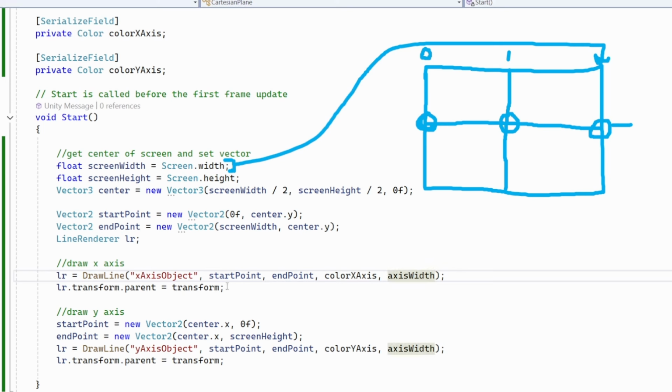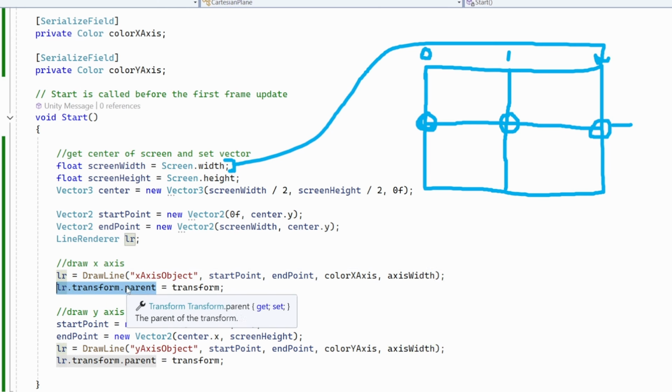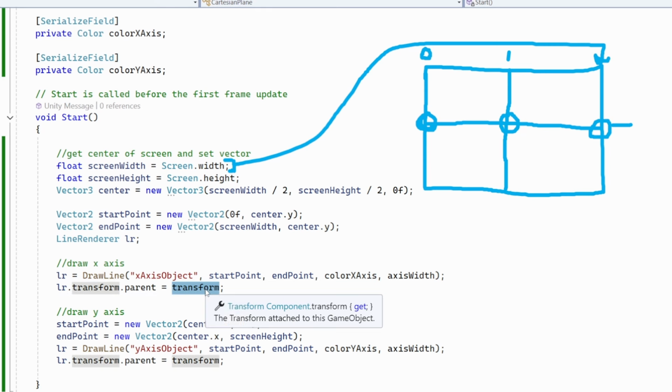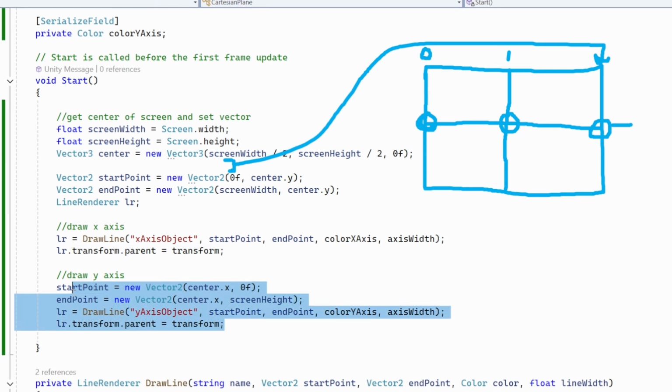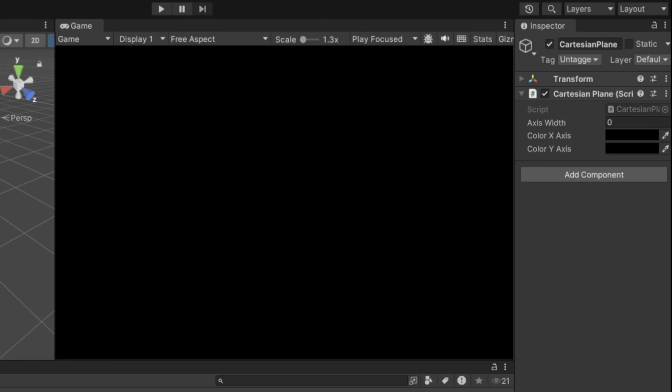And then we're going to set the line renderer that was passed back transform.parent to this transform, and this transform is currently pointing to the Cartesian plane game object. And go ahead and do the same for the y-axis. Let's run this bad boy. We're back in the Unity editor, and if we go and hit play,